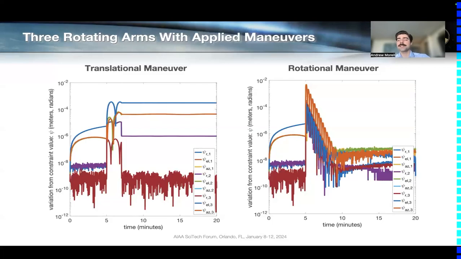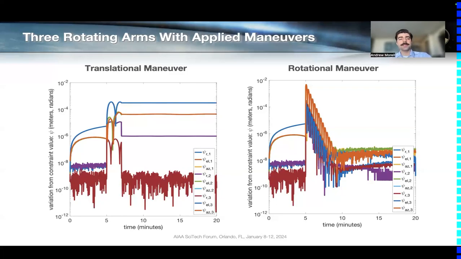And what we're hoping to see is small constraint violations, meaning that these constraint forces are maintaining a rigid coupling between our 2 spacecraft and making sure that the target vehicle is also pulled along with our chaser. And we see that when we start this thrust, we jump up to greater than 10 to the minus 4th order of magnitude constraint violations. And then similarly, when we do a rotational maneuver and torque the spacecraft, we also jump up immediately in orders of magnitude of our constraint violations, which